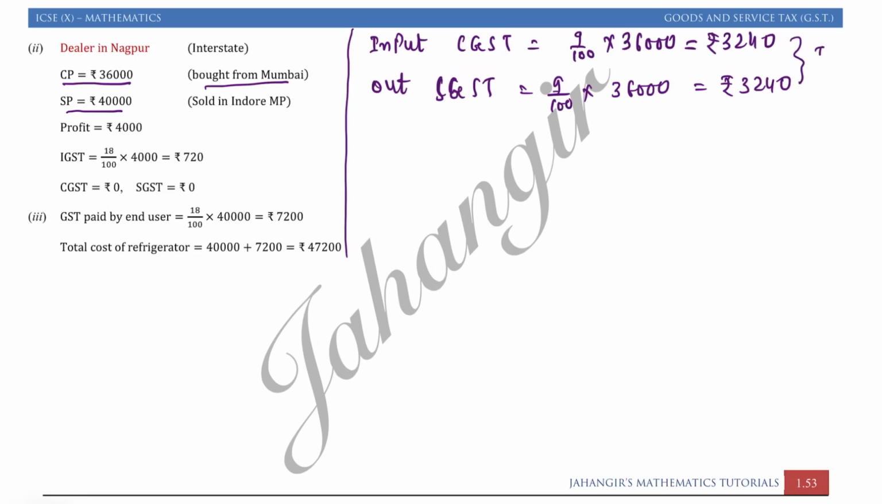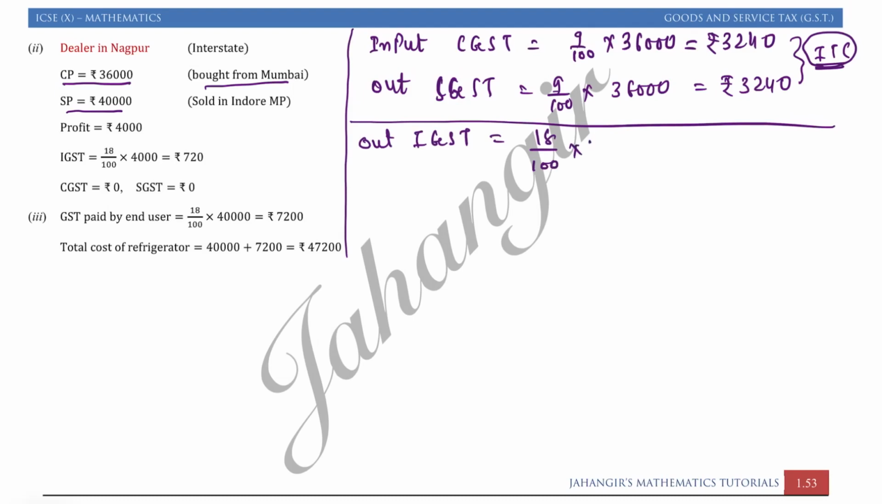This is ITC, input tax credit, which the Nagpur dealer had paid while buying, and while selling he got output IGST as 18% of rupees 40,000. So he got rupees 7200. Now how does adjustment take place? Adjustment is just that we add the input taxes and subtract them from the output tax. So net tax payable